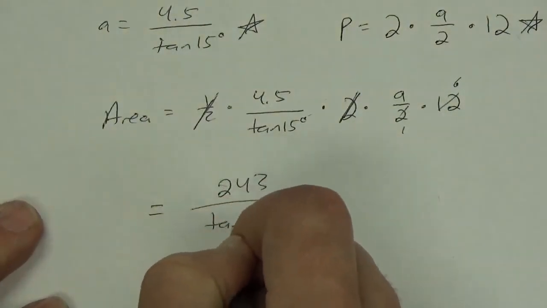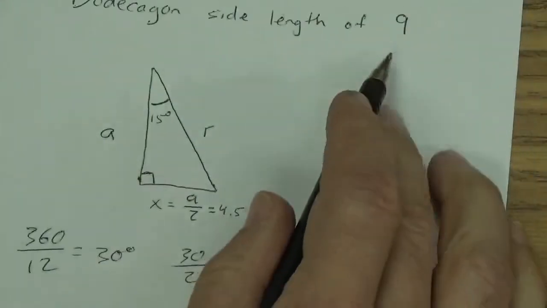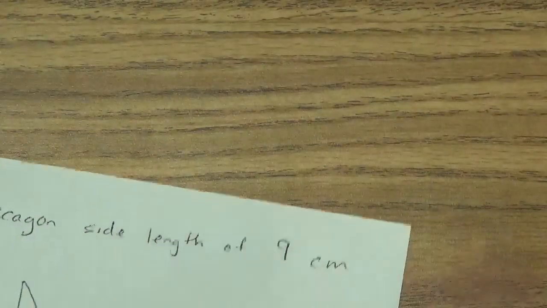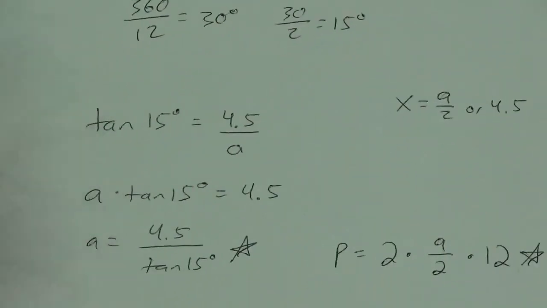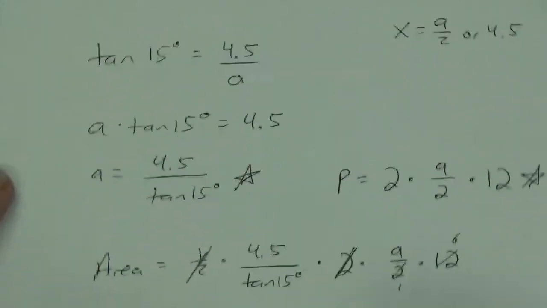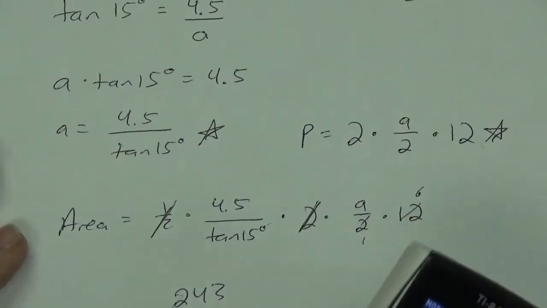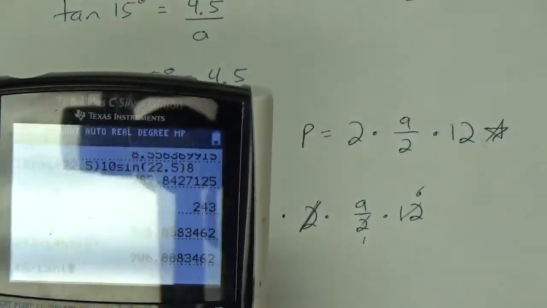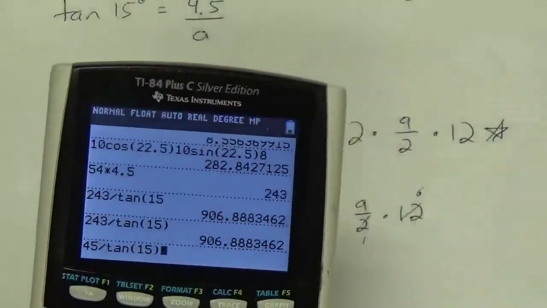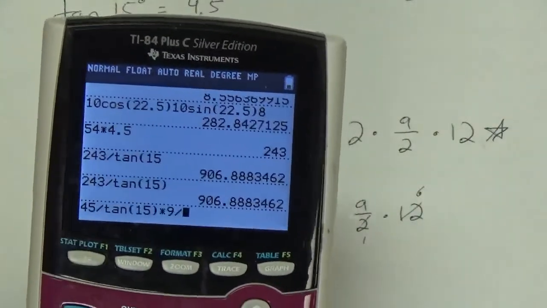That area, if you saw it, hopefully, or you typed it in your own calculator, 906.89. Let's give it a label, centimeters. Okay, so centimeters squared. Okay, let me show you how to type this part in. I'll show you how to do it with the 6 that we already reduced. I'll also show you how to do it even if you didn't reduce that 2 and 12. So 45 divided by the tangent of 15, close it, right, times 9 divided by 2